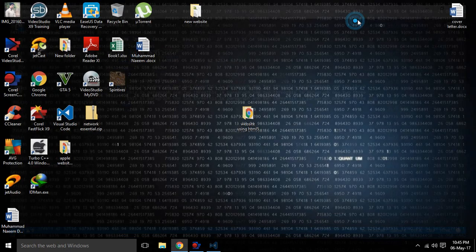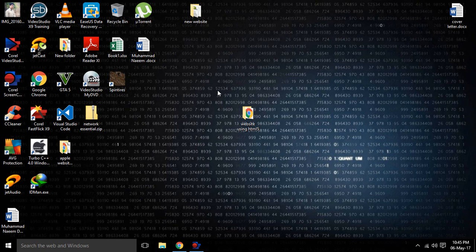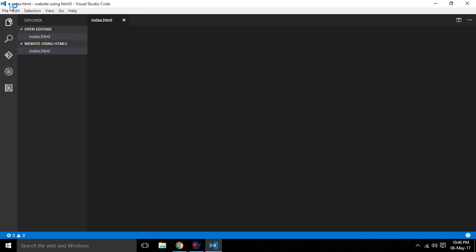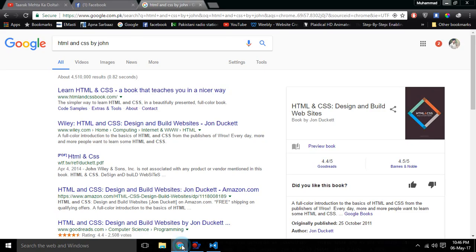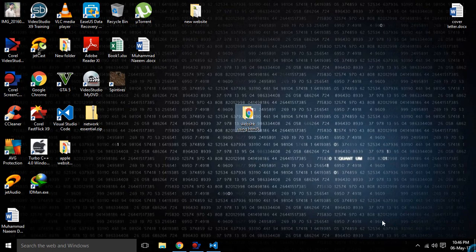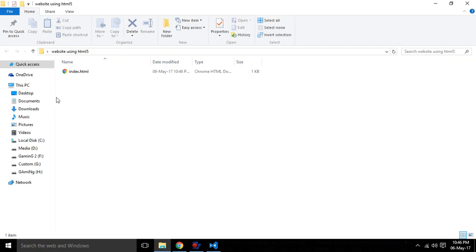Then after this you have to save. You can save it by pressing Ctrl plus S. It will save it, and you can open it in your web browser, for which you have to go to the folder where you made the HTML file.